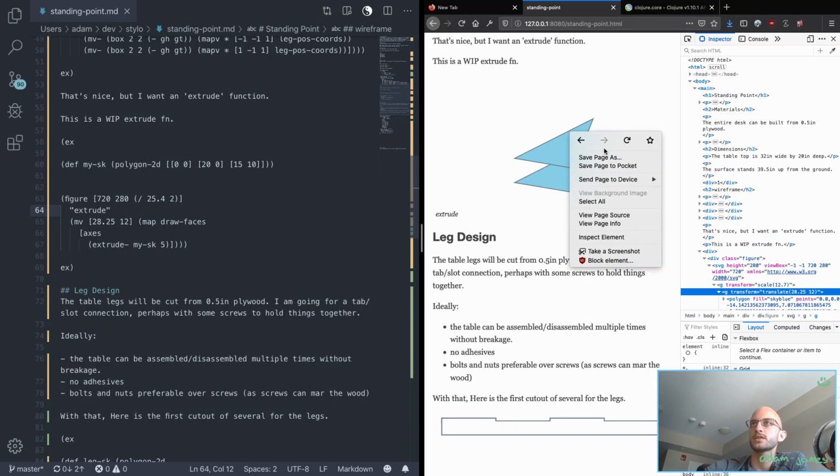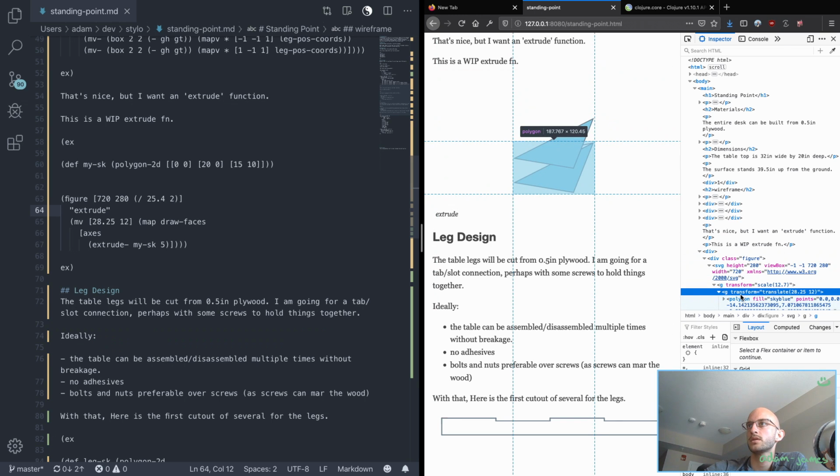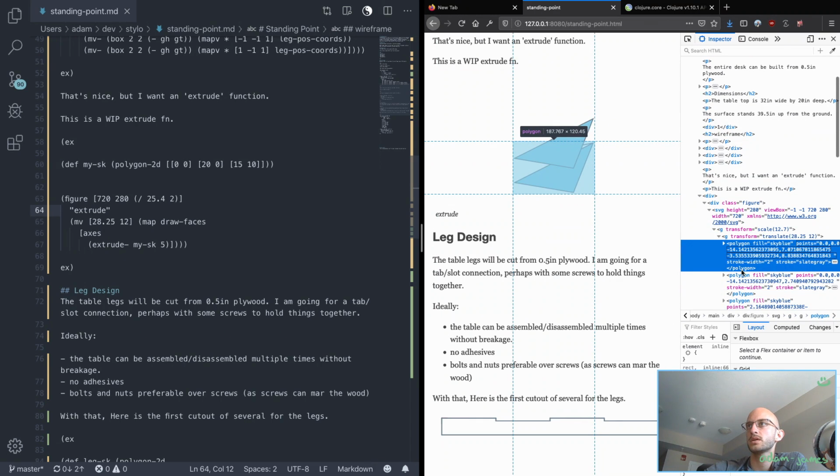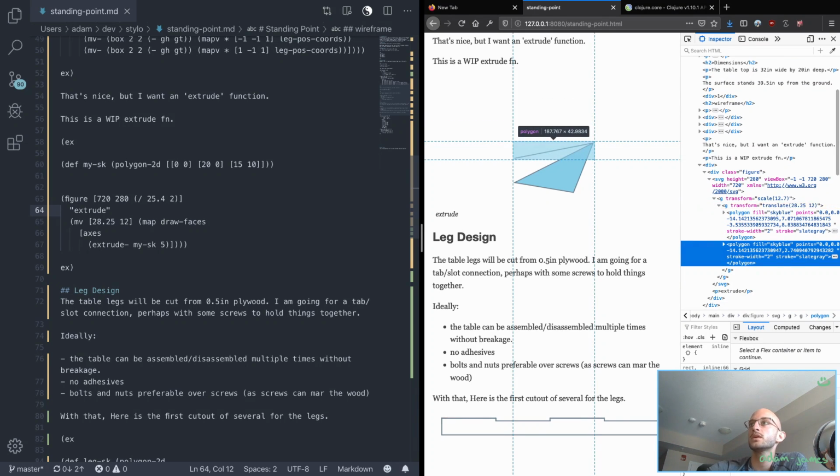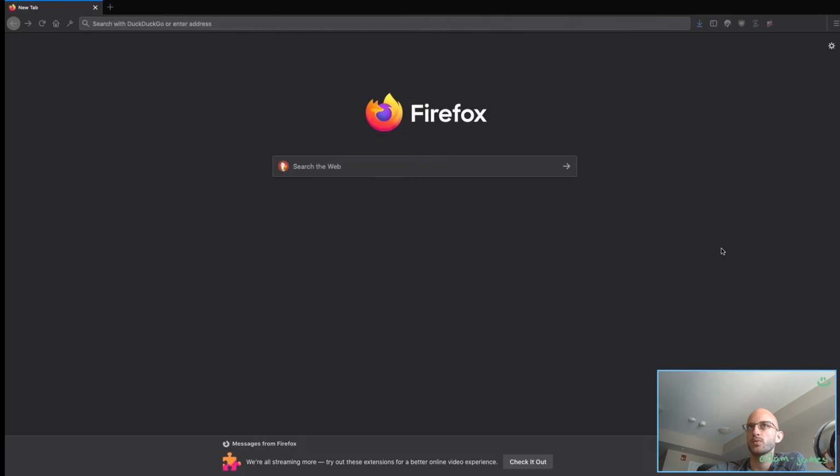Okay, so now we've got something. Right, there's an extra line in there. Let me see what to delete. Not that one. Let me delete this one. Okay, so I've got a weird problem here. Right, that's just showing up as a line. It shouldn't be a line, it should be an actual shape. So something's wrong with the